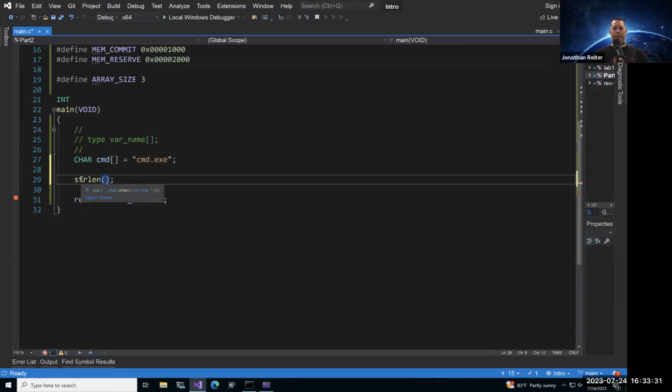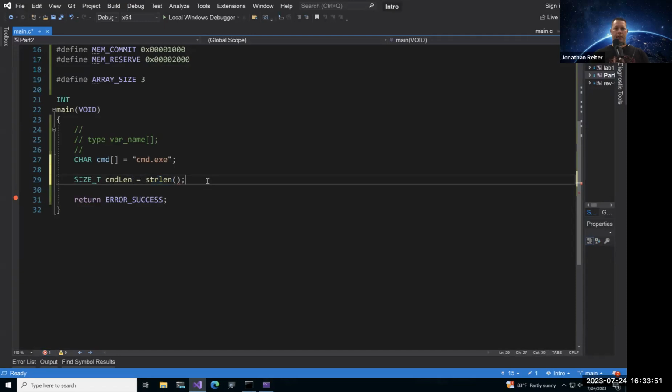It says it is of type size_t. So if you're going to store this in a variable, you need to make sure that you match that particular type. So I'm going to do that now. Say size_t, and we'll say command length.